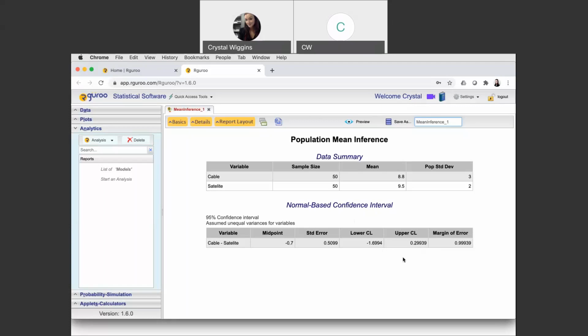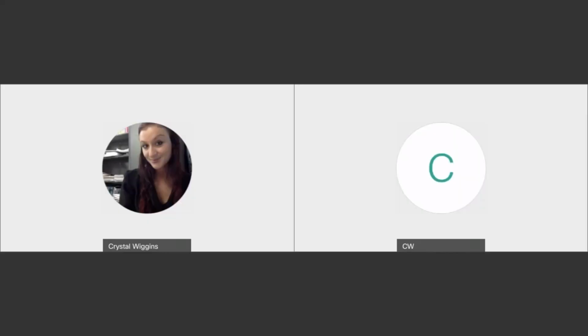So this looks a lot different than when we did a confidence interval for one data set, because then it was talking in terms of minutes. But here, this is still in terms of minutes, but it's talking about the average difference between those values. So now if I head back to the PowerPoint,